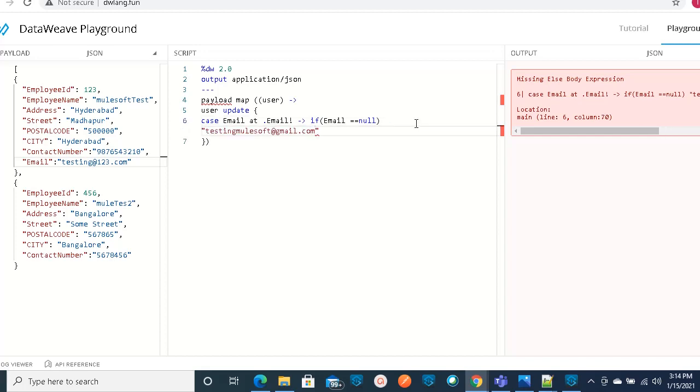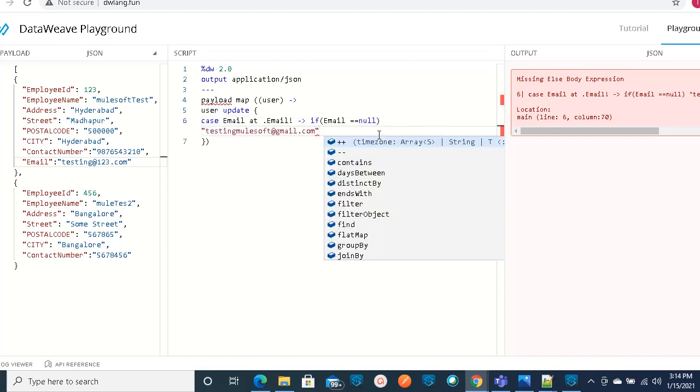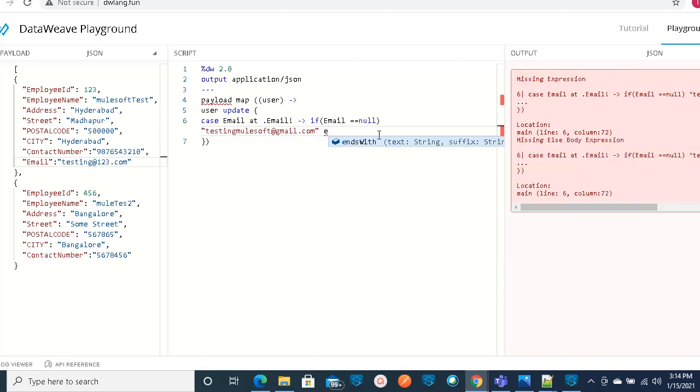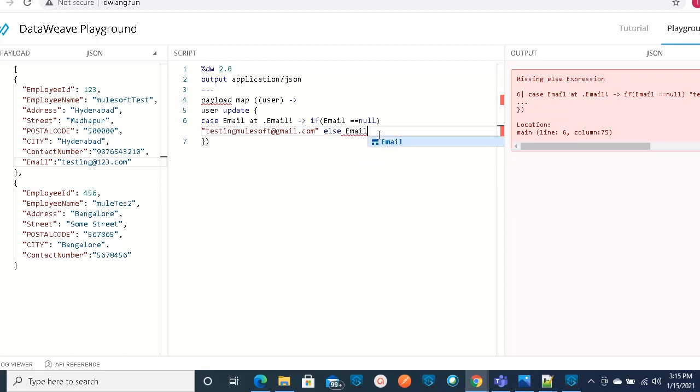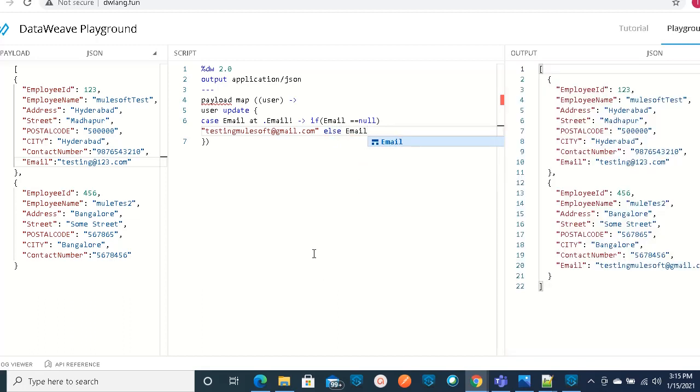This is a dummy email ID. Okay, so if the email ID is null, it will insert this value. Otherwise, else, it will take the actual email field which is available. So in this way, we need to write the case statement like this: case email field, whichever field you are going to check, and then you can write that condition here. If email equal to null, then it will insert the email field with this value. Else it will take the actual email field.